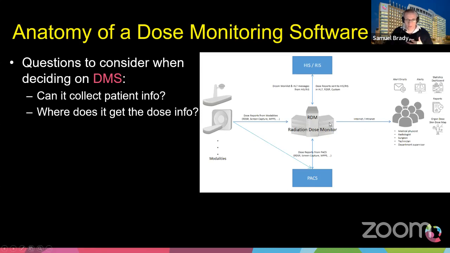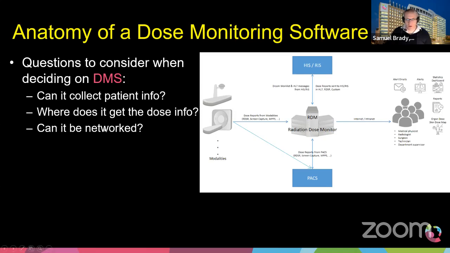Personally, at our hospital, we have a software called Gervais Dose and Care, and that's how it works. When I buy a new piece of equipment, we set it up, and once it's sending to PACS, I know that all of that dosimetry data is already going to flow up, and I don't have to worry about hooking it up to two different places. There are pros and cons for both approaches. I really won't get into the details of it, but both of them do work. So you just need to understand how the dose data gets to the dose monitoring software.